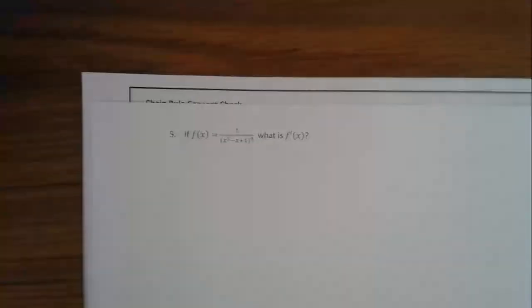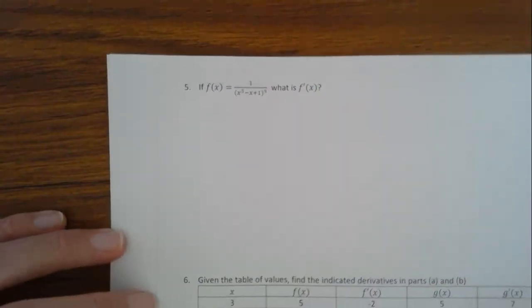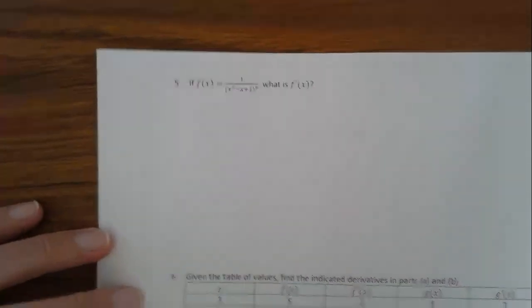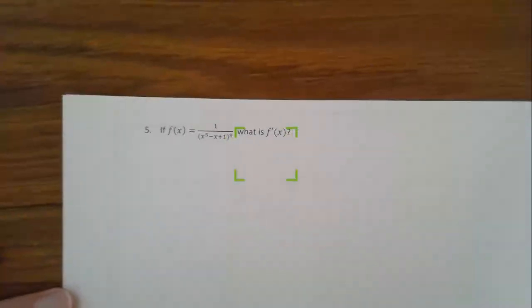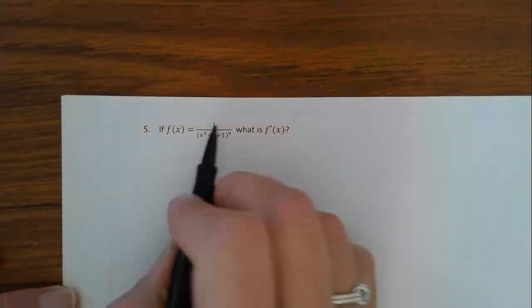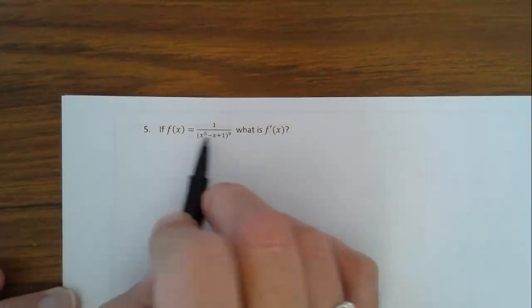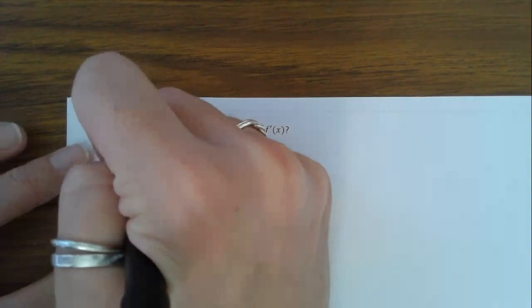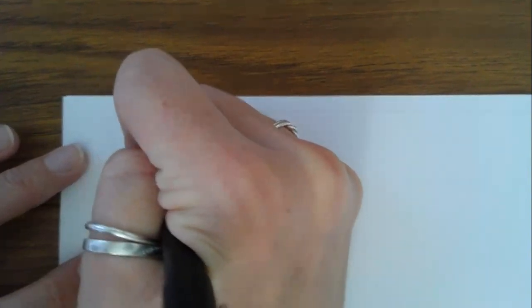All right, let's take a look at one more example and then we'll look at some applications here. So our example 5, I'm noticing that we definitely have a quotient here, but I'm going to rewrite this so that we don't need the quotient rule. Anytime you have a 1 in your numerator and you just have stuff in the denominator, it is definitely okay to say that that is the same thing